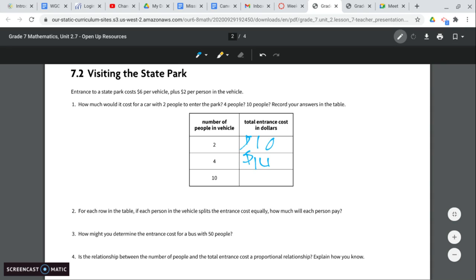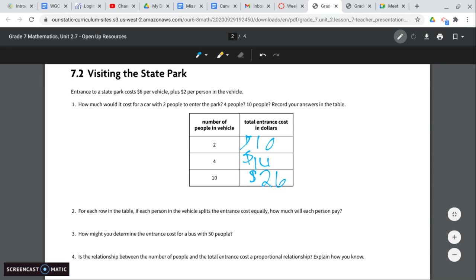Now we jumped all the way up to 10. So 10 people times $2 per person. 10 times 2 is 20, plus the $6 fee for the vehicle. It's $26. So for each row in the table, if each person splits the entrance cost equally, how much will